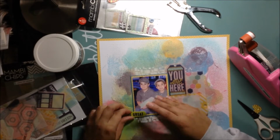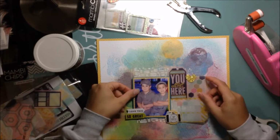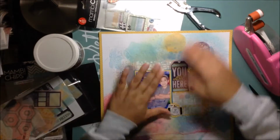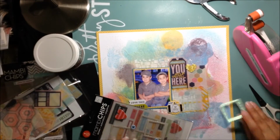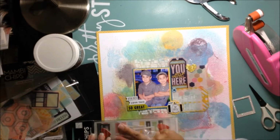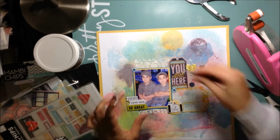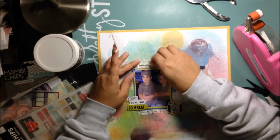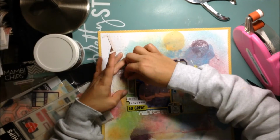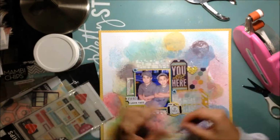I punched a little hole in that tag because I didn't have one, so I punched a little hole up there, and I like everything, so I'm adhering it down, although later I do decide to mat the whole thing on dark gray cardstock, because it just wasn't standing out enough for me. When I looked at it and had it in front of me, the whole thing just kind of blended in,